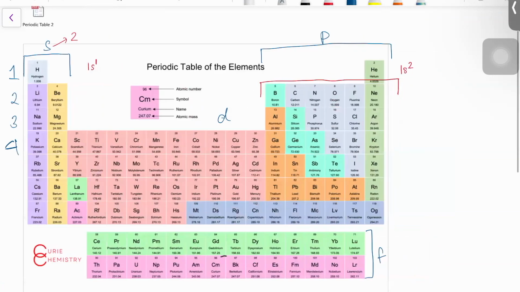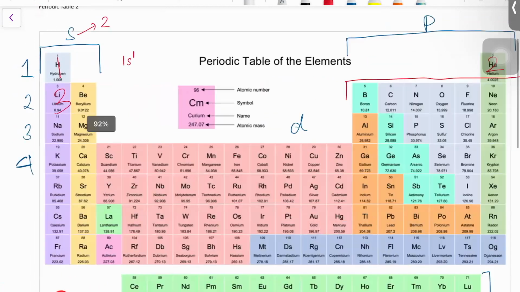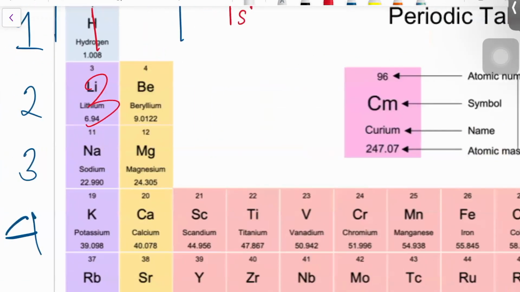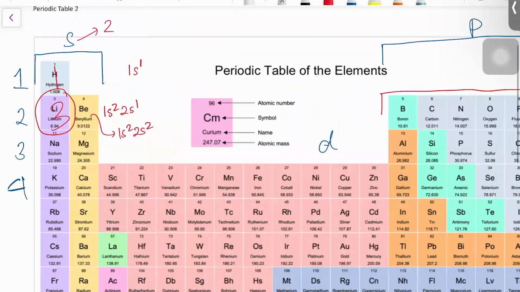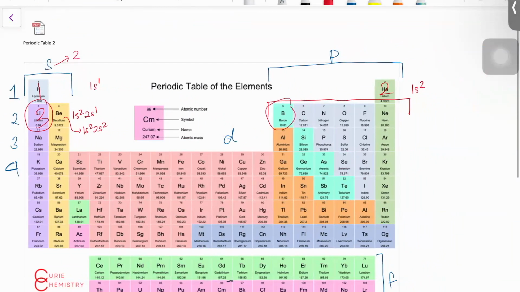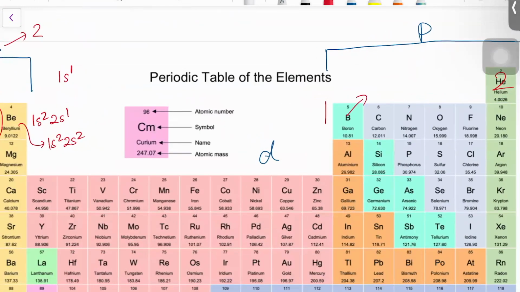So then when I go into lithium, lithium is number 1, 2, 3. So in total, the SPDF notation for lithium is going to be 1s2, and then this one as well, 2s1. And then for beryllium, it's going to be 1s2, 2s2. And then when I jump over to boron, boron is now in my P block region. So when I go over here, it is going to be 1s2, 2s2, 2p, because I'm in the second row in the P block, and it's the first one,